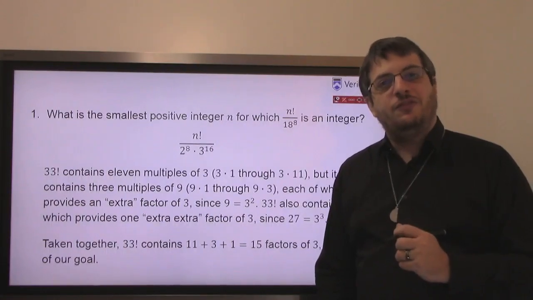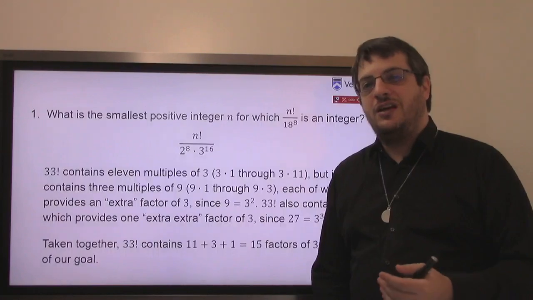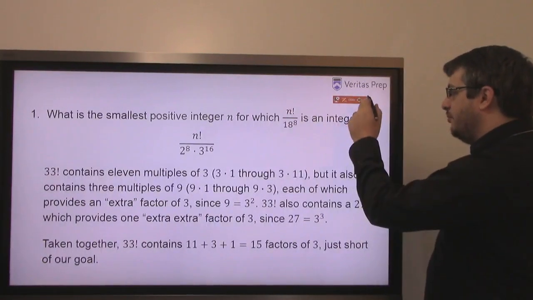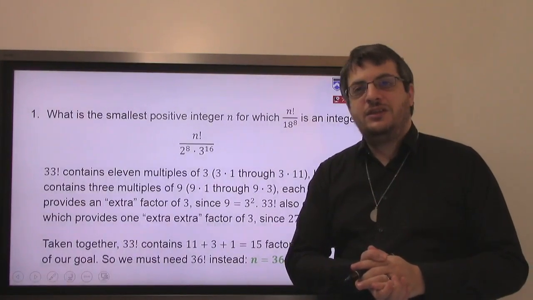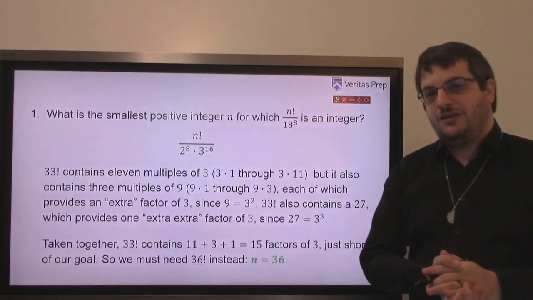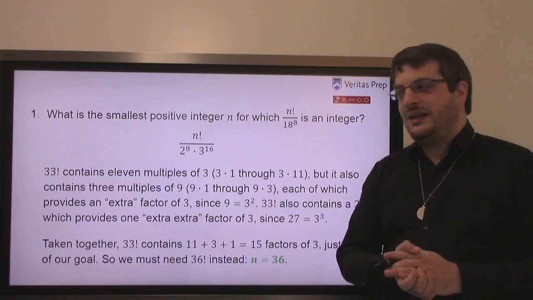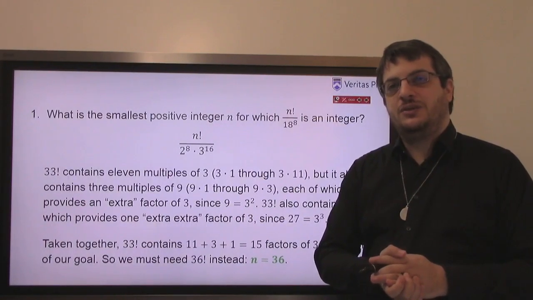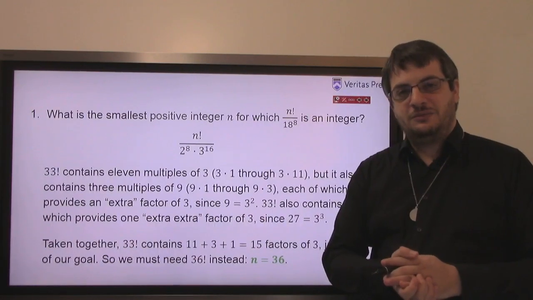Well, I'm not getting it from 34 factorial because the 34 doesn't provide any 3s. I'm not getting it from the 35, but I am getting it from the 36. In fact, 36 gives me 2 of them, and that's fine. I can have an extra 3. I just can't come up short. So 36 gives me enough 3s, and therefore 36 is the answer. 36 factorial will contain at least 16 3s, and it will contain, obviously, at least 8 2s, and it's the first number that will actually give me everything I need.